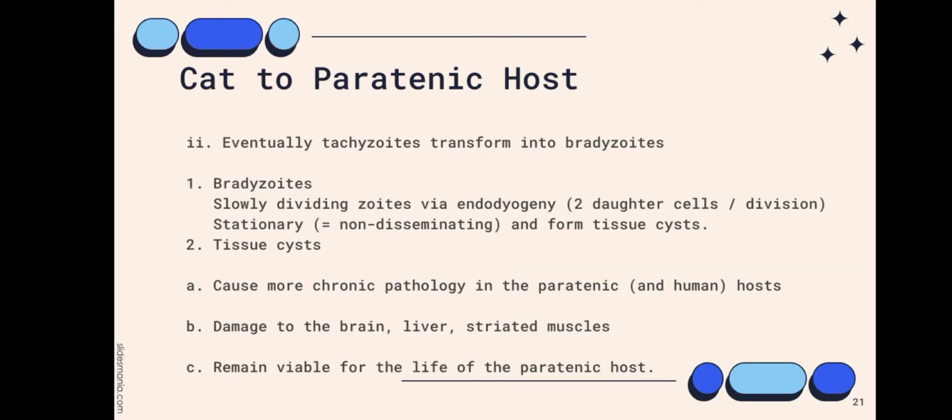Eventually, tachyzoites transform into bradyzoites. Bradyzoites are slowly dividing zoites that also reproduce via endodyogeny. Next, they are stationary, non-disseminating, and form tissue cysts. The tissue cysts cause more chronic pathology in the paratenic and human host. They occur in and cause damage to the brain, liver, and striated muscles, and remain viable for the life of the